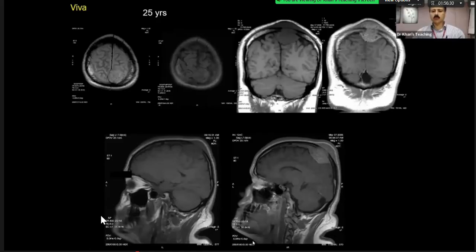Excellent. So what is your conclusion? I'm thinking of dural metastases. Very good. Well done. So this case was a metastasis from rhabdomyosarcoma in a young patient of 25 years. So first of all, if you see carefully, because this mistake has been made many a time, this is a